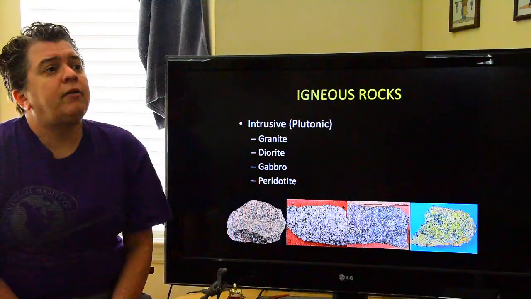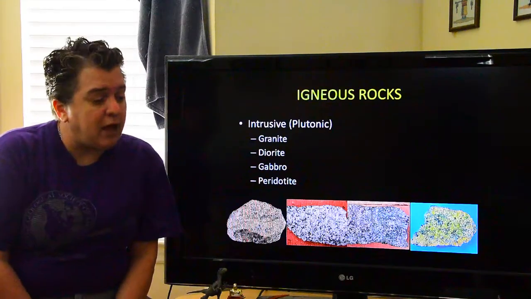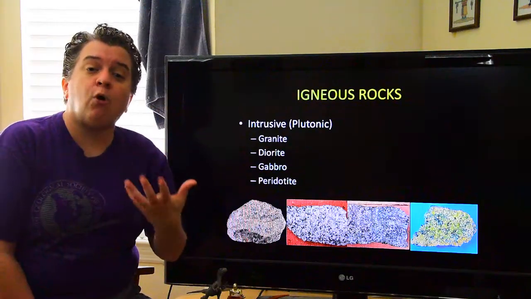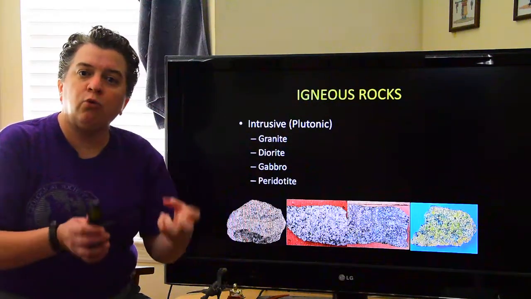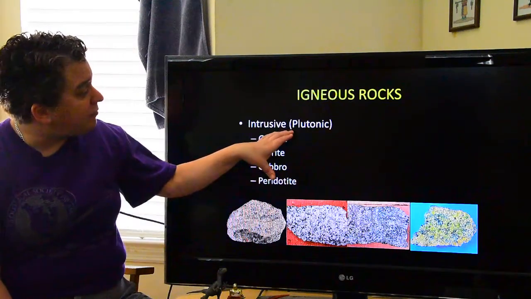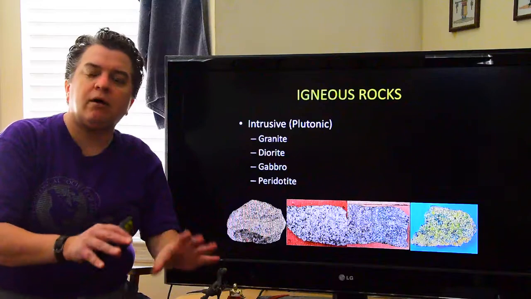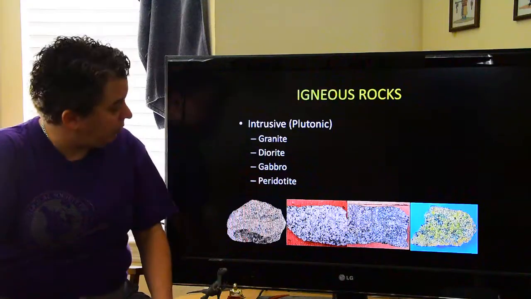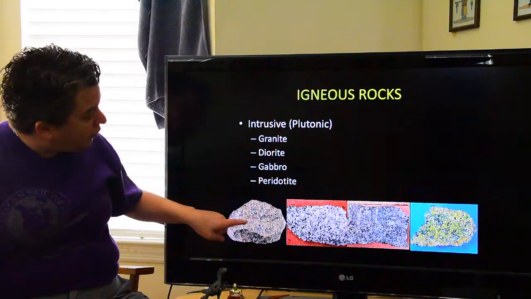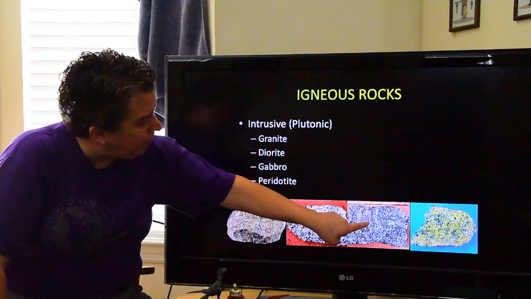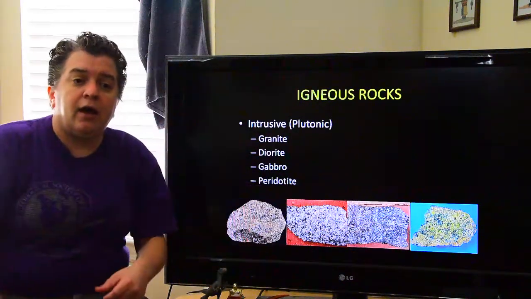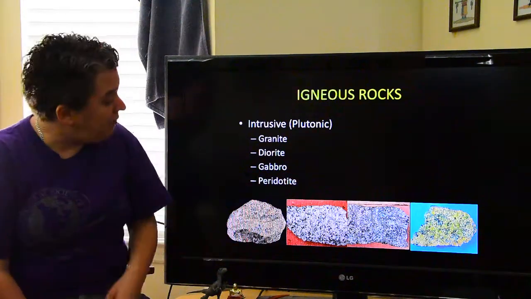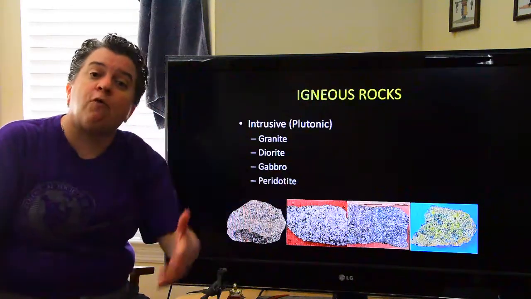So when we're looking at those minerals, I said they make up rocks, and there are three basic rock types. Our igneous rocks come from molten rock, from melted liquid rock that cools and becomes solid. And sometimes that igneous rock cools and becomes solid underground. Those are the intrusive or plutonic igneous rocks. And those can be things like granite, diorite, gabbro, or peridotite. And exactly which one you have depends on the minerals inside it,